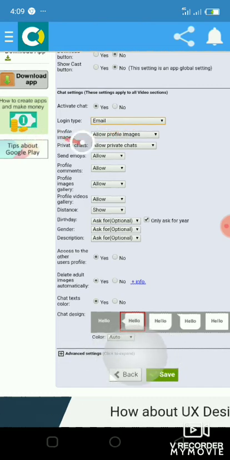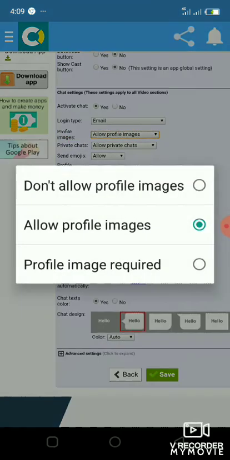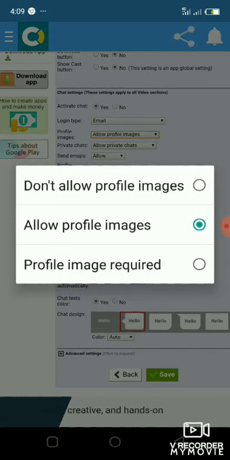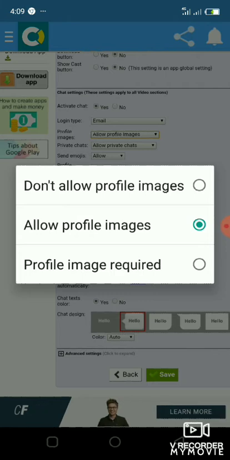Then under this one you can see image profile allow. When I click on this, there is allow image profile and image profile required. If you put it on allow image profile, the person can decide to put the image or decide not to put the image. But when you click on image profile required, the person must upload a profile image.